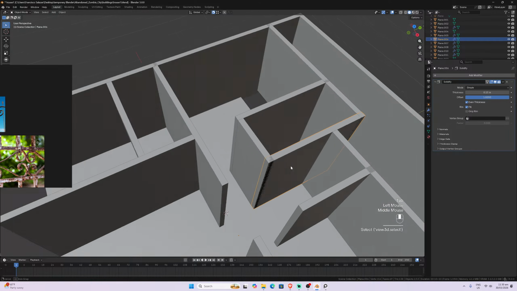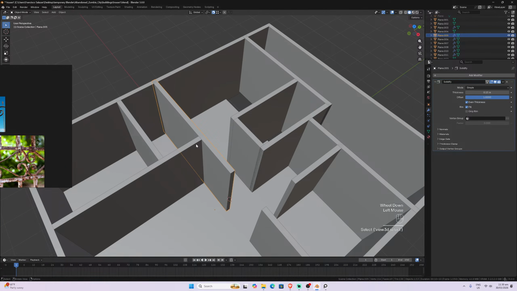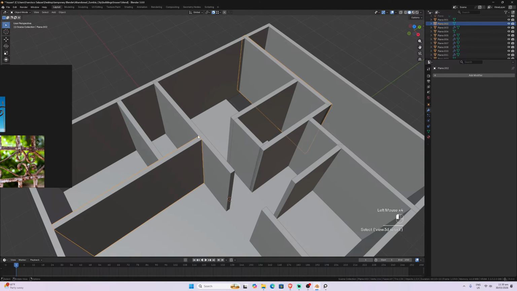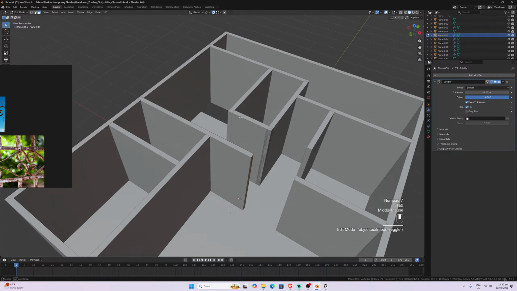This one is ready? No, this one is not ready. This one is ready. This one is ready. Okay, let's make this one ready.